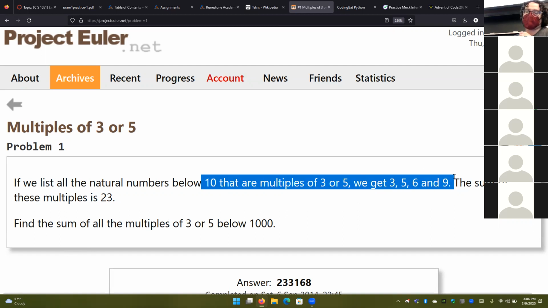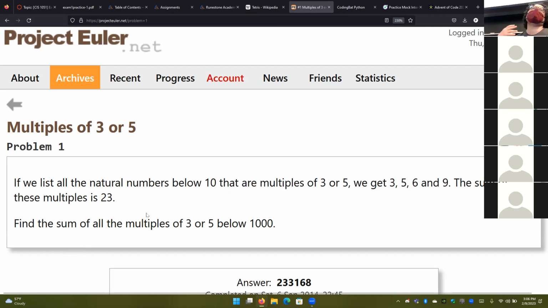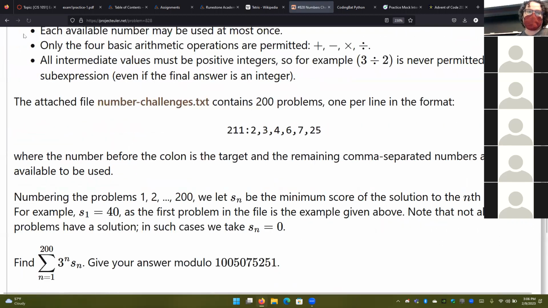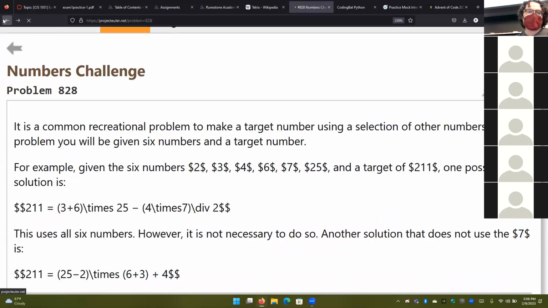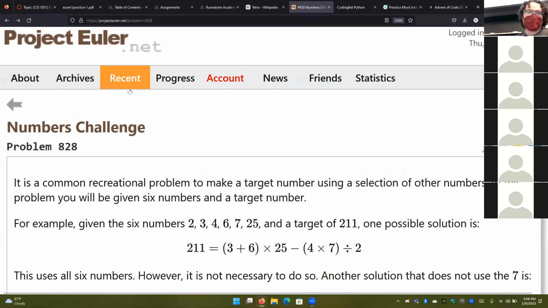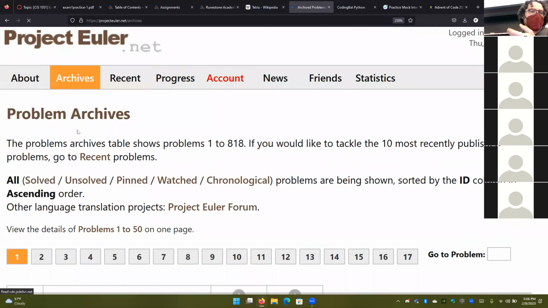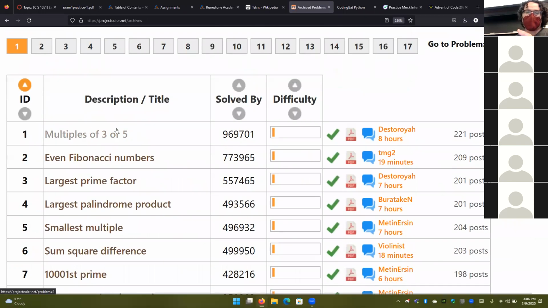So here's how it works for 10. Now do it for 1,000. These are problems that are able to be done by hand, but you can see how this would be very tedious. This really is a kind of useful way to do things. Problems 1 and 2 are pretty good. Problem 1 is especially straightforward. Problem 2 less so. Problems 3 and 4 are where we kind of start getting a bit difficult.